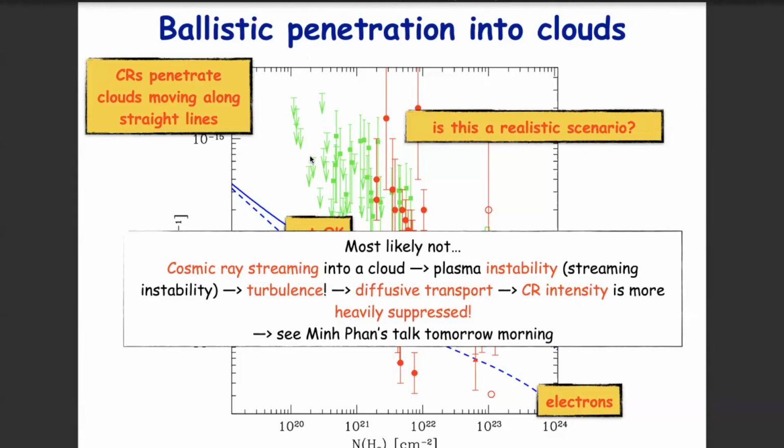Basically, this means that the straight line approximation is not good, and you should consider some more diffusive transport of cosmic rays in a turbulent magnetic field. Of course, if cosmic rays don't go straight but diffuse, the problem is still more pronounced, because it means that there is more time for energy losses to act on cosmic rays before they can penetrate. And so if you do this calculation, that tomorrow morning there will be a talk by me on this,